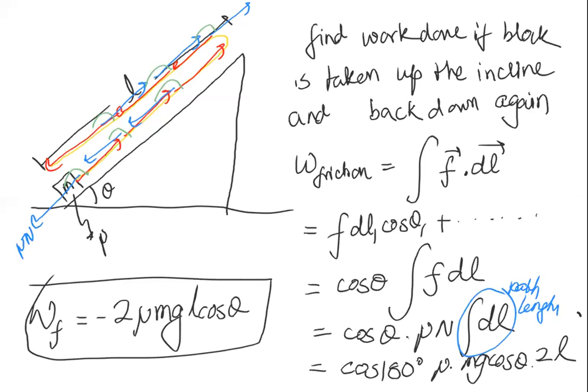Right? So you must not blindly apply this, thinking that since it went up and came down, work done by friction is 0. If work done is 0, it means, at least in the language of physics, that you don't require to input any energy, or whatever energy you input you will get it out, right? As far as friction is concerned,